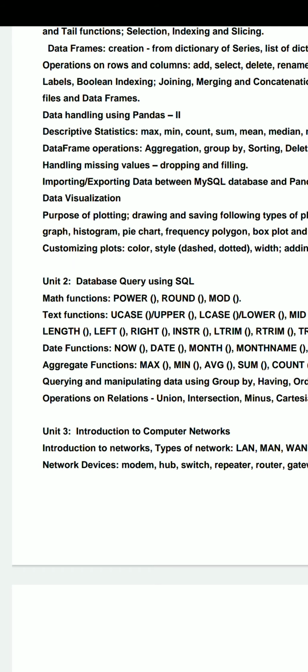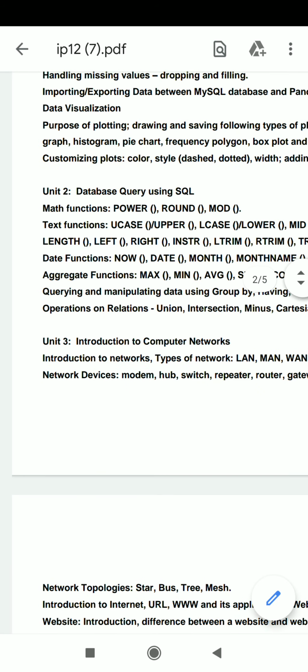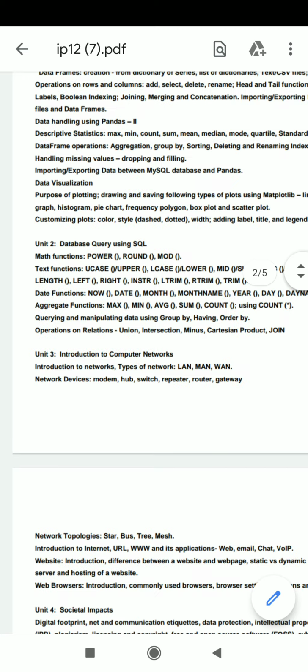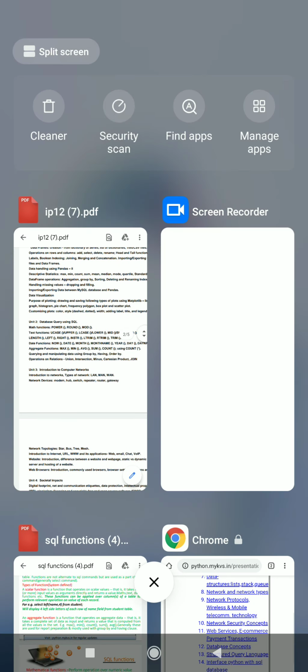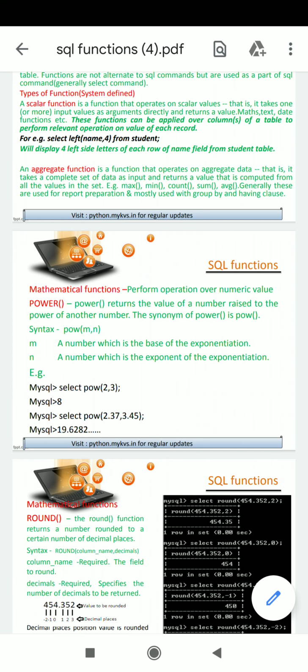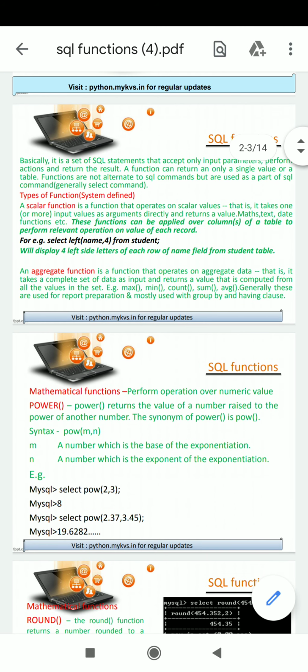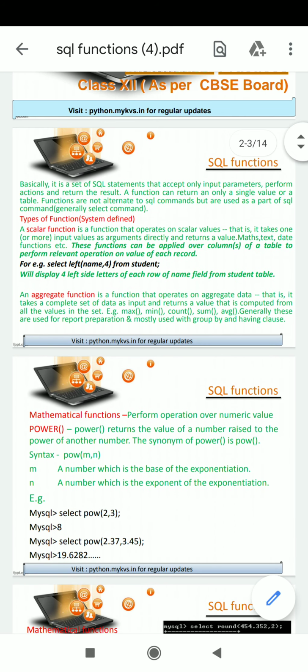Okay students, we will practice these functions which are covered in these slides, as part of our syllabus.